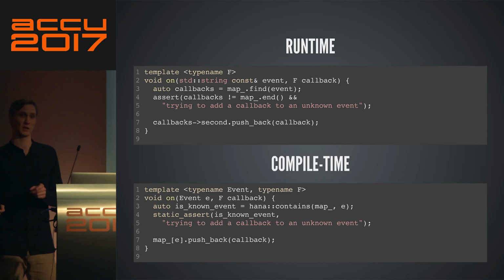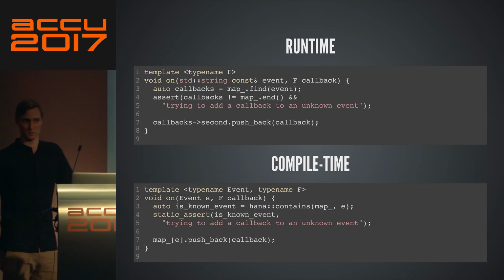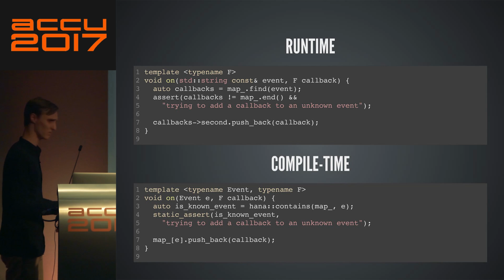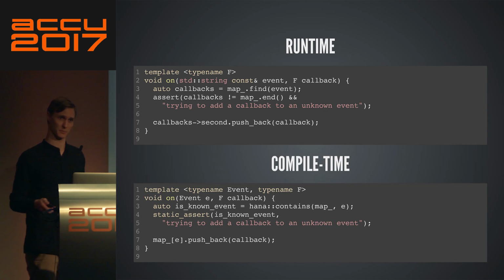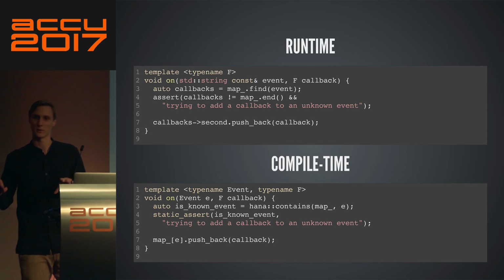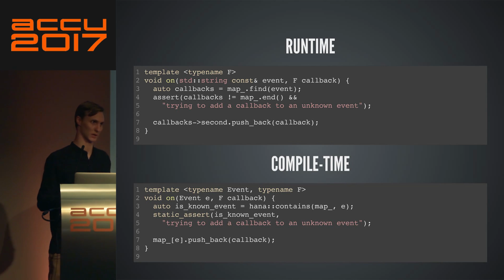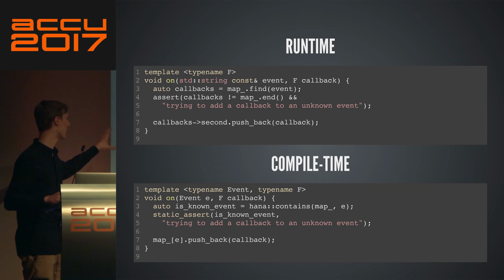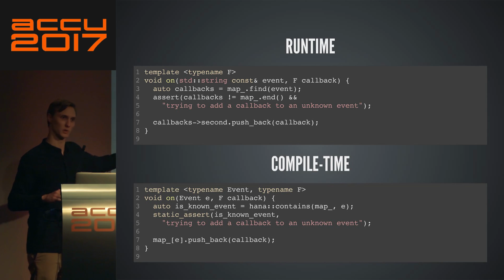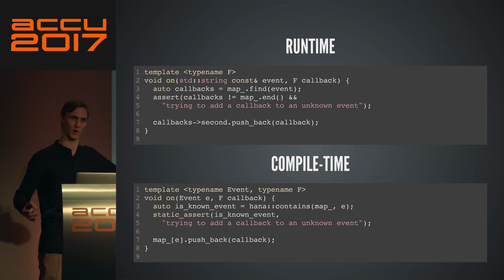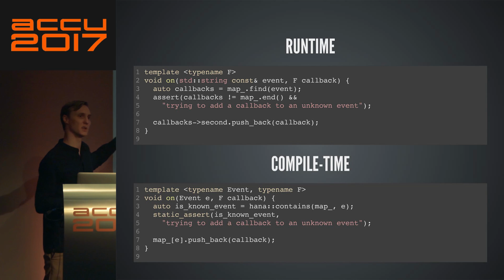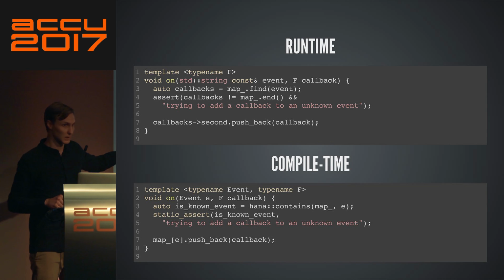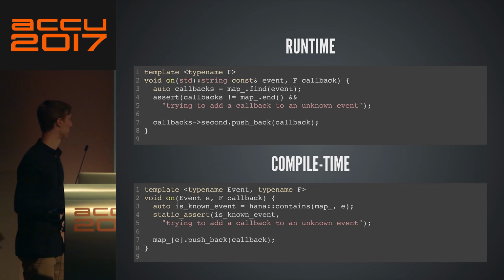So you are saving an unordered map lookup. I mean, it's a cool benefit, I guess. We're going to see later on whether it actually matters, but at least you know that you're doing the least amount of work that you can ever do. If you wrote all of this by hand without any template metaprogramming, you would probably have a gigantic struct, and it would be quite complicated, but you wouldn't do any runtime lookup, which is good. Well, now you have a really tiny and reusable component, and you're still not doing any runtime lookup.